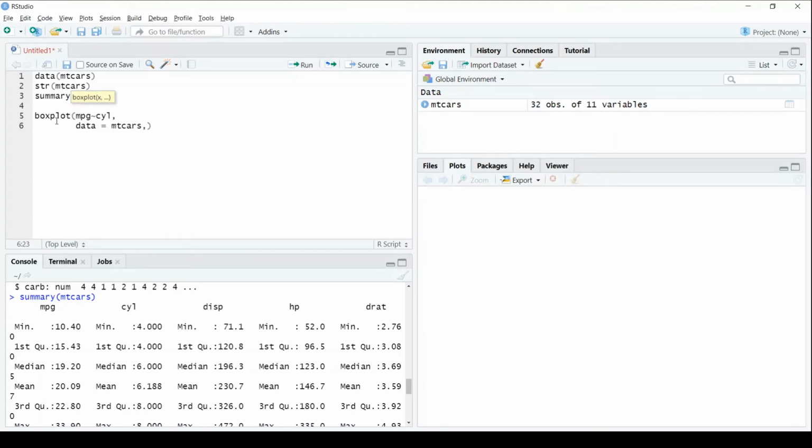Then we'll name the x axis and y axis. Number of cylinders. This is miles per gallon.